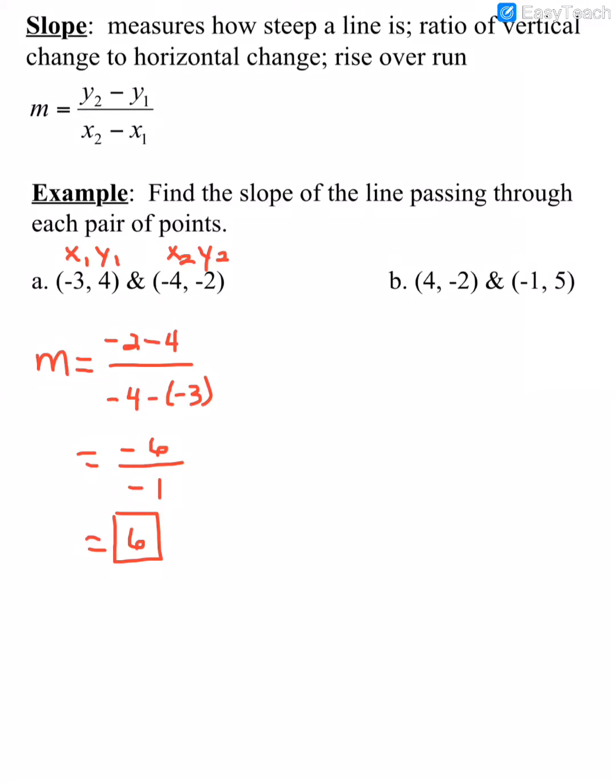Alright, let's do the same thing in the second set of points that we have. I'll say this is x sub 1 and y sub 1. Don't make one of them a 1 and the other one a 2. And x sub 2 and y sub 2. So again, the y's go on top. 5 minus negative 2